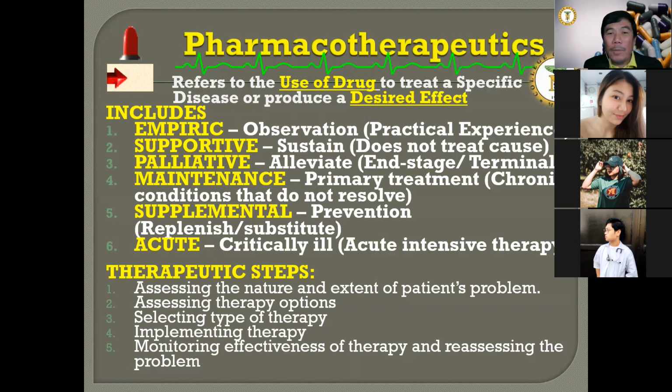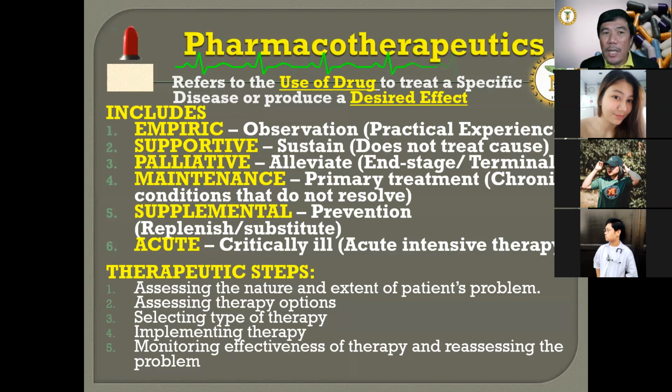Next, we have the palliative. If we say palliative, these are situations wherein the condition is at the end stage. Chronic also, but end stage or terminal already. So usually, a typical example here is cancer. If the patient is already diagnosed with stage 4 cancer, usually the doctor may no longer subject the client to chemotherapy because the body may not perceive the action of the drug. So, di ba usually